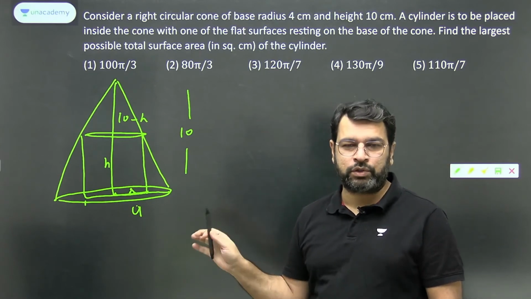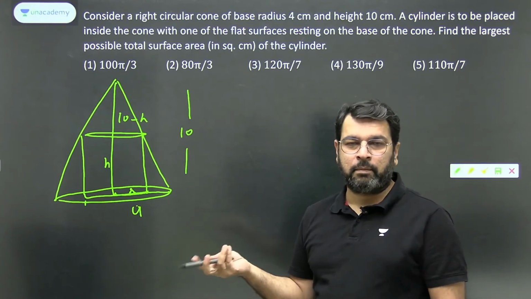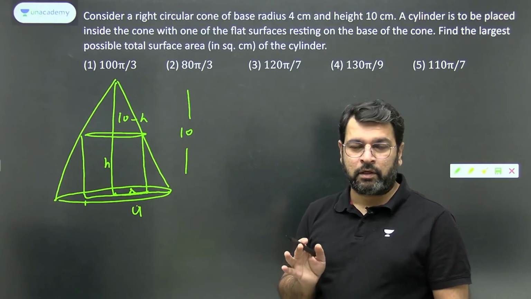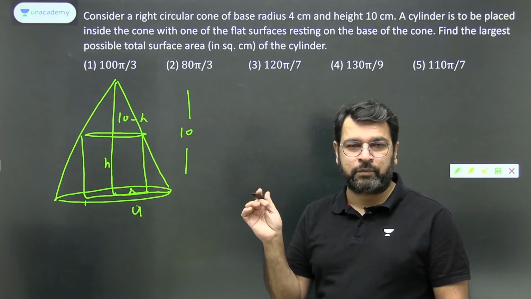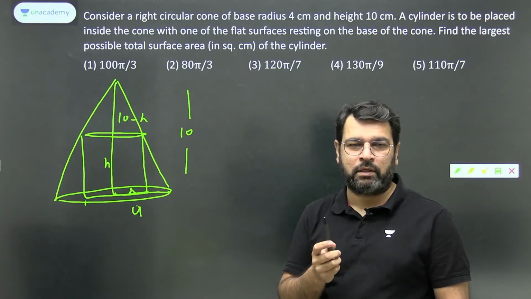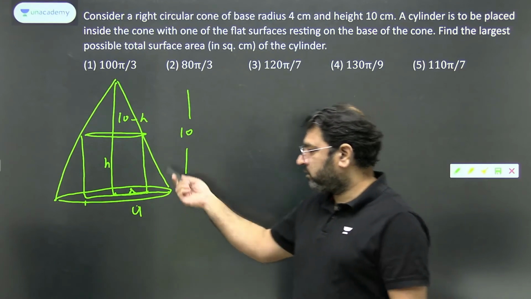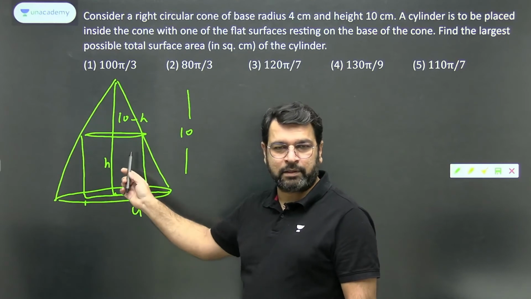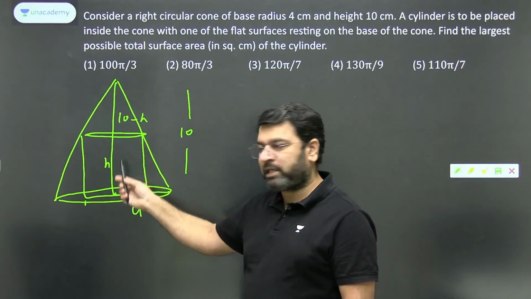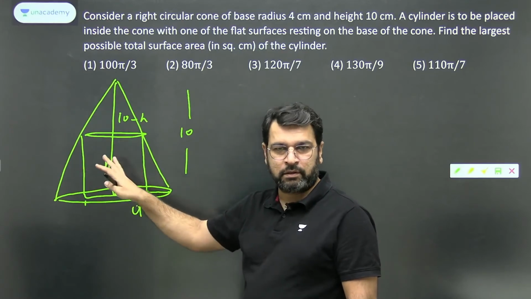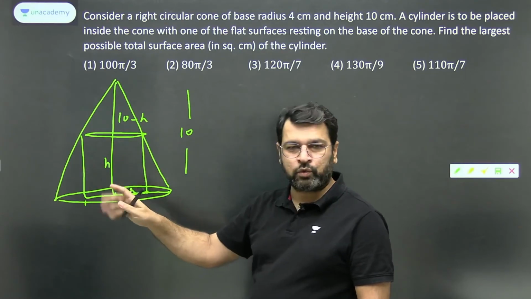Anything can be done, but the question is actually tricky. But how can we solve this using proper jugaad? Now, these are the actual options. The options are very far apart in terms of values, if you see. Just understand this: this is a cylinder, and a cylinder can be of any radius and any height inside this cone. Suppose I assume that